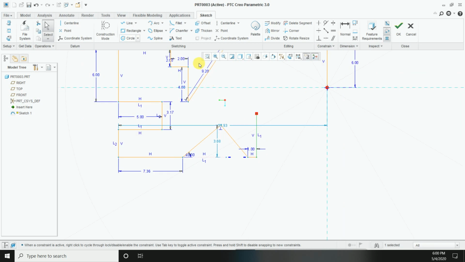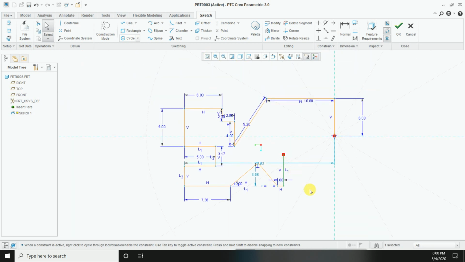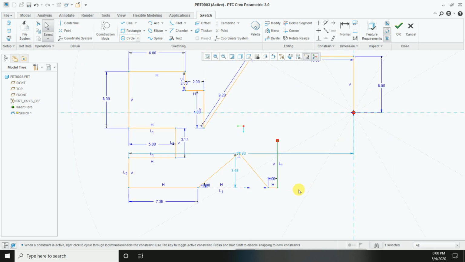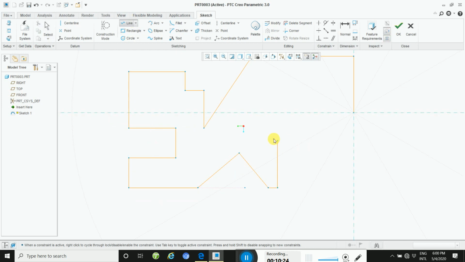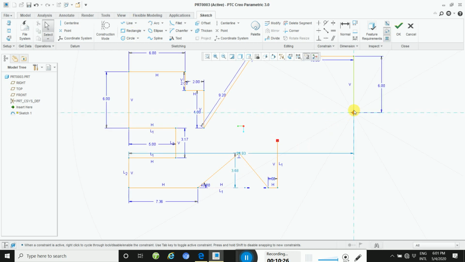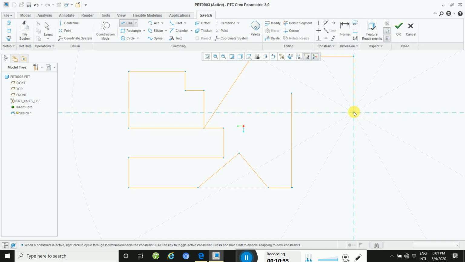How to zoom out? Click here and then zoom out. Your overall drawing will be visible. Then go through here this way.